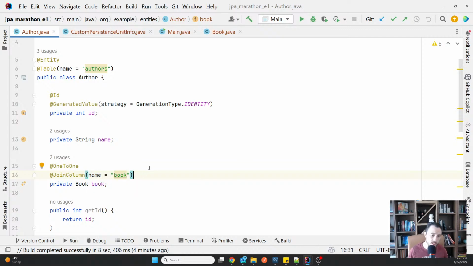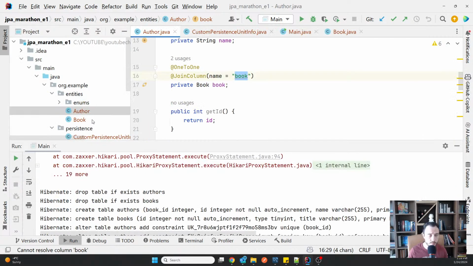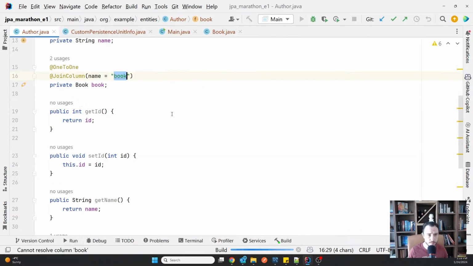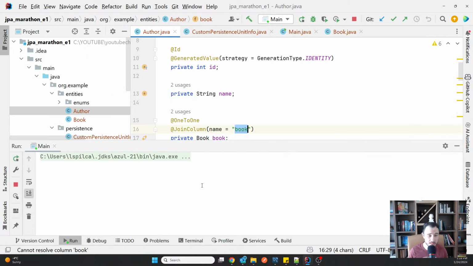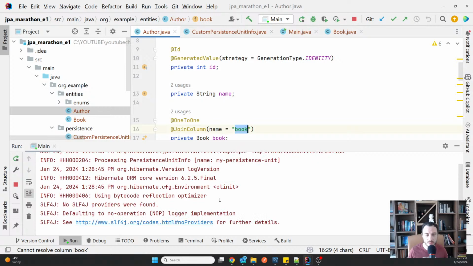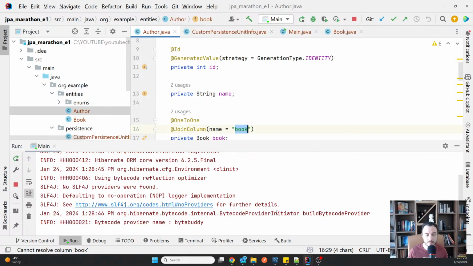Initially was book ID. Now it will only be book, or whatever I'm writing here. It can be any string as long as it doesn't interfere with any reserved type names in the technology I'm using. And book, hopefully not. We will see immediately, maybe. But if it's not, then it will be usable for my column name.